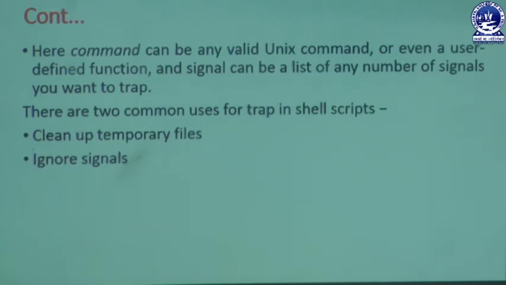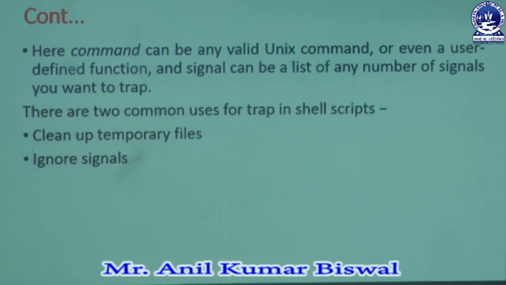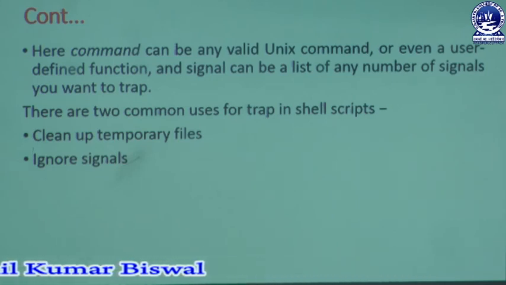So here by using this trap signal, we need to open another environment in that Unix prompt. So in that Unix prompt we must be open. Here that command can be any valid Unix command. That means whenever a user does not use a valid Unix command, in that moment the trap signal or trap command cannot be successfully executed. So if a user wants to execute that trap signal, we must be aware of it. So here this command can be any valid Unix command or even a user defined function.